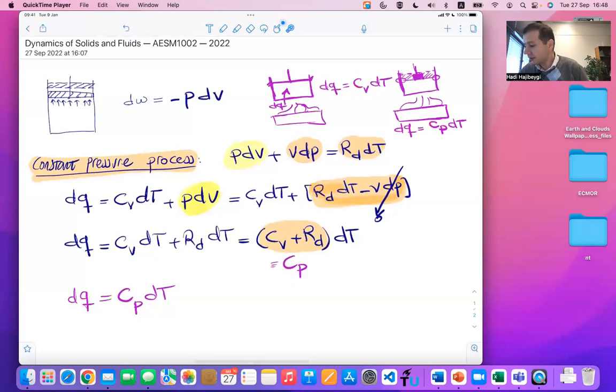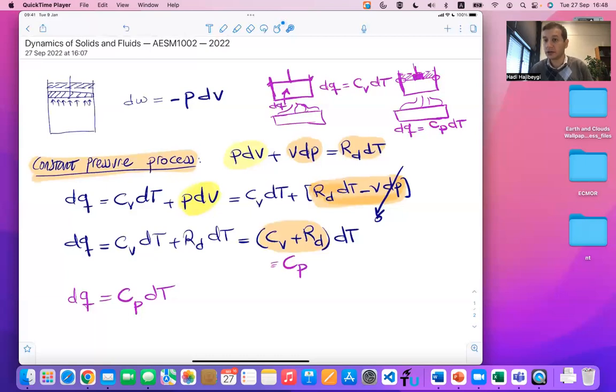So for the same amount of Q added to the system, the change of the temperature, if it is going through a constant pressure process, would be smaller, because Cp is bigger. So a smaller value should be multiplied by it to give you the same dQ. So if you have a process in which, when you add heat, the system compresses or expands based on its compressibility and is allowed to expand, then the change of the temperature would be smaller compared to the case that you would fix the volume and add heat to it.